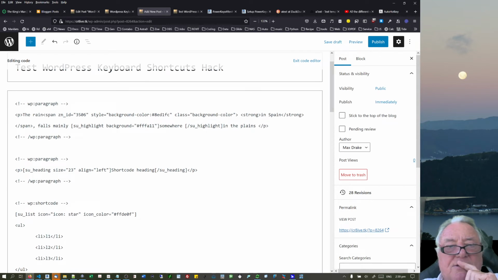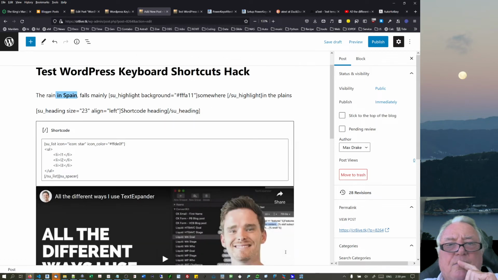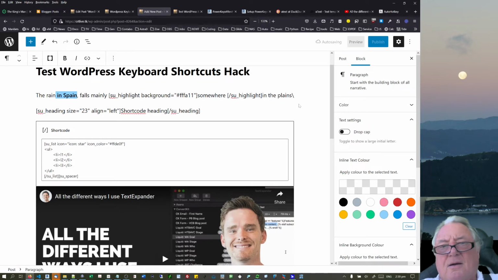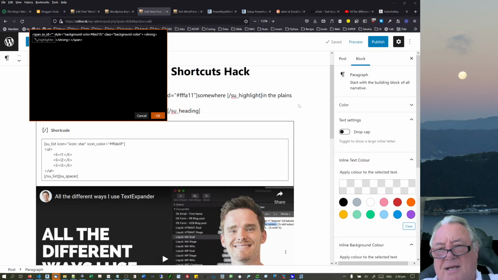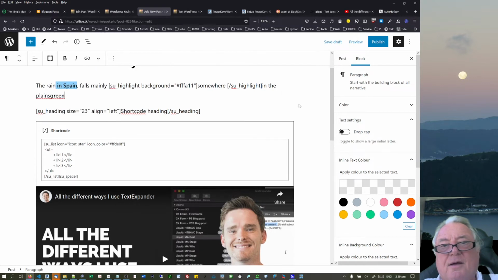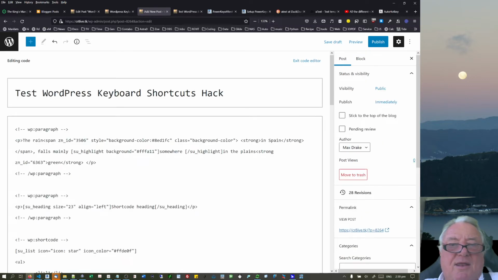Somewhere in the planes. Exit code editor. And then back brackets green. Enter. So it's got the green in there, but when I go, oh, sorry, so what had happened, and I think let's just click out of that so it's still there. And if I just go M1 now and go into there, you'll see the green is in there,